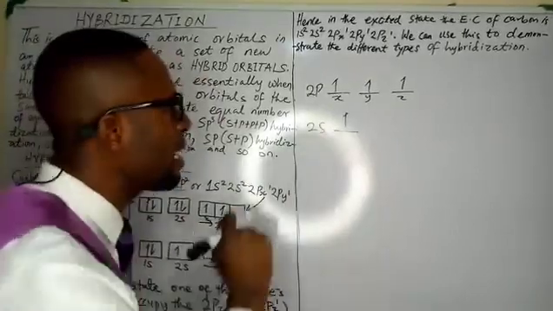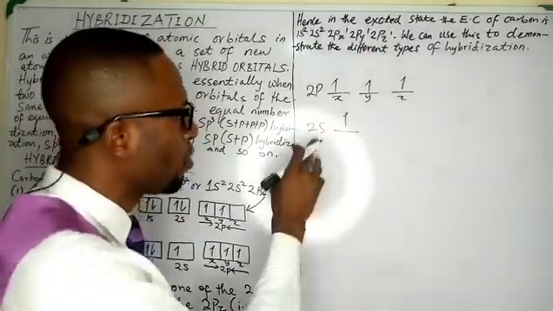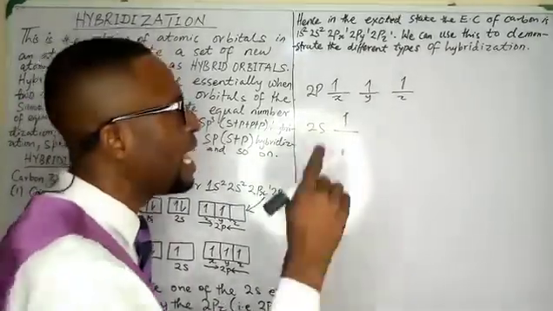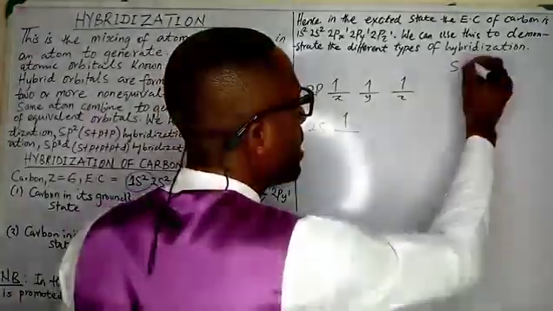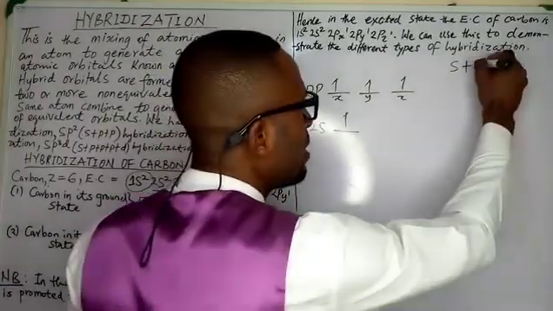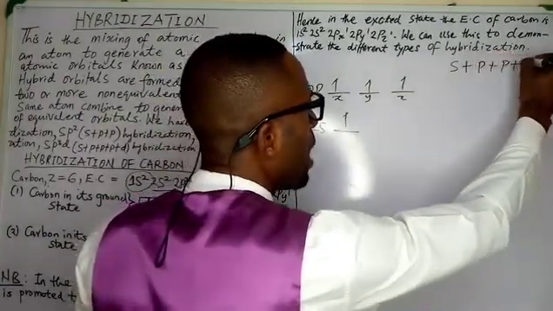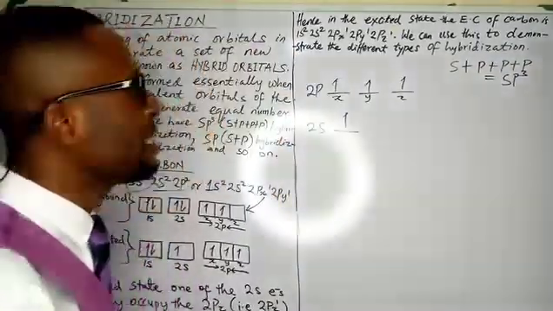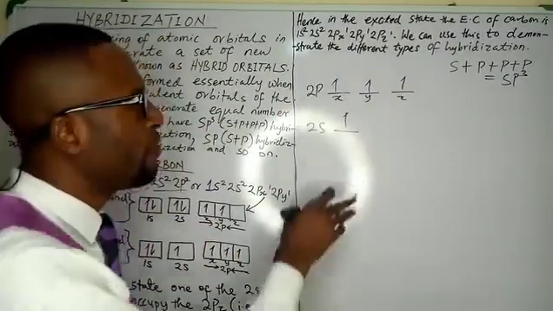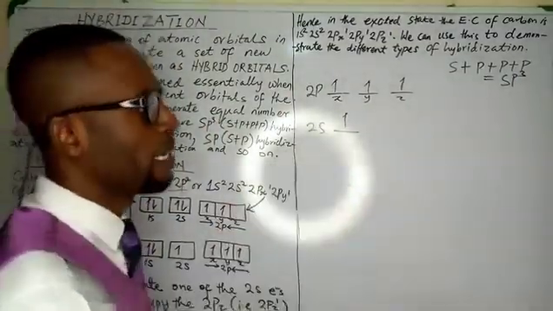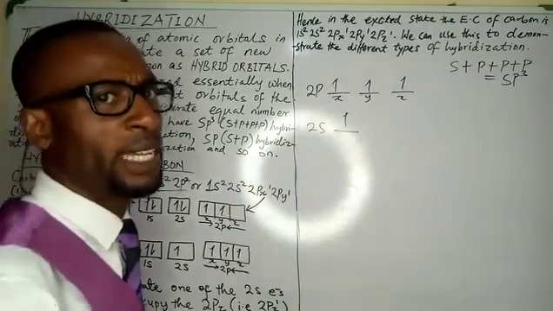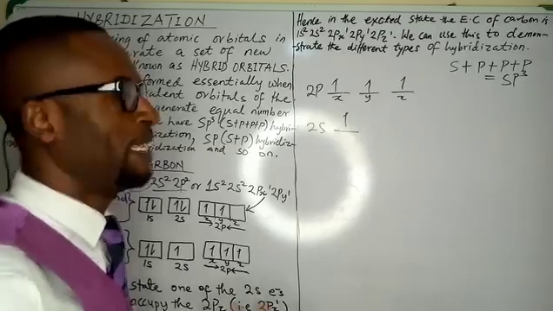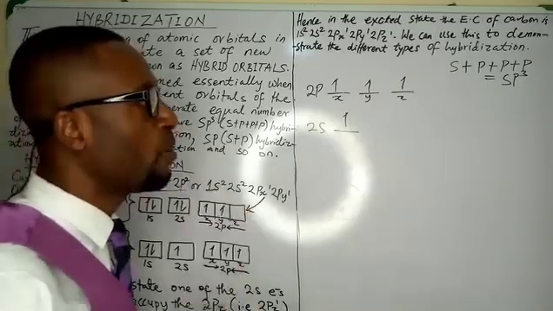Nice. And when this happens, recall this is an s orbital and these are p orbitals. And we said whenever you combine one s orbital with three p orbitals, you are going to have what we call the sp3 hybrid orbital. This is very critical, because if carbon has been excited, let's try and make bonds again. Yes, carbon can make four bonds now, especially with atoms like hydrogen, but you will discover one anomaly.